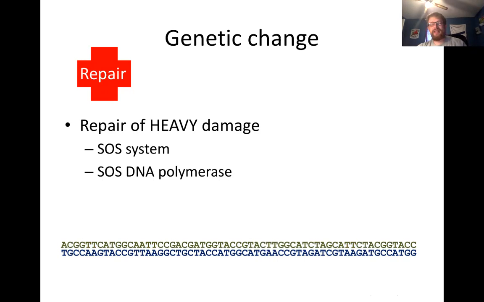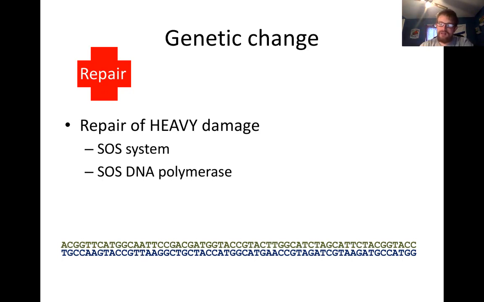The last type of repair that we're going to talk about that's unique to prokaryotic cells, and this is one of my favorites, is called SOS. If you've heard of SOS, it's a distress signal. It used to stand for Save Our Ship. Ships that were sinking would send out an SOS request, and that would hopefully signal to somebody that they needed help. And this is the same idea in bacteria.